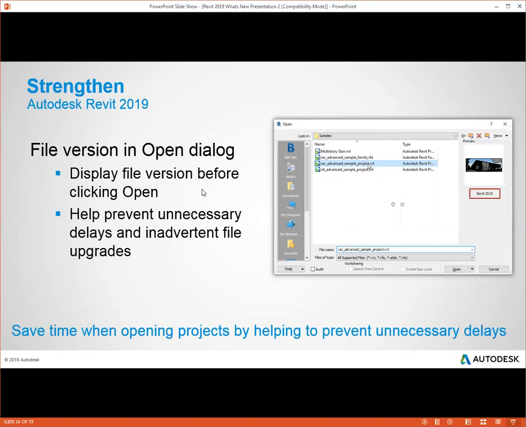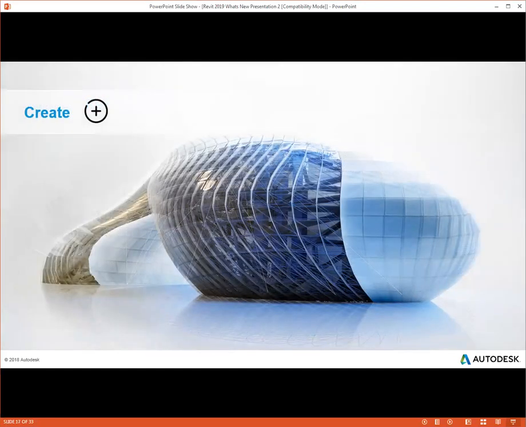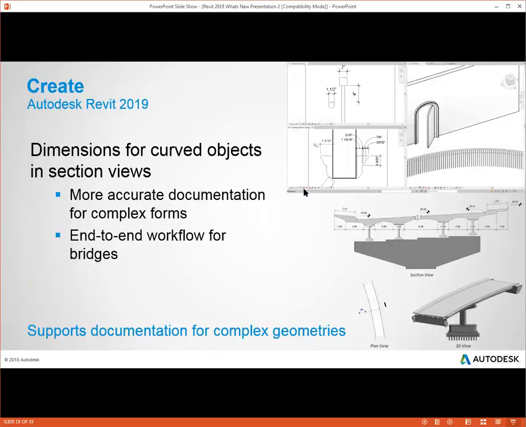The next category is under create. This is a function that helps you to more efficiently create information. Basically, that is what this section focuses on, so that you can better capture your design intent. So first in this list is the introduction of dimensions for curved objects in section views. The dimensions can now work on view-specific geometry, like edges and points. When you cut a view plane,